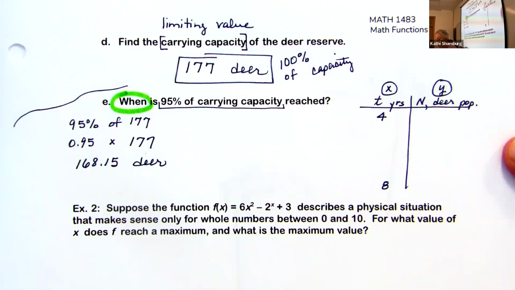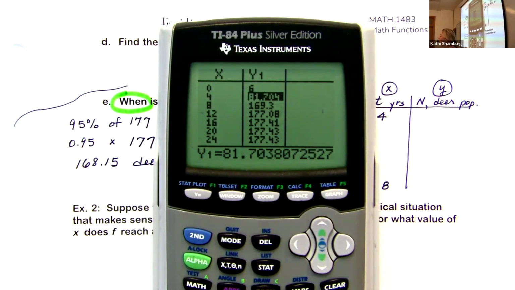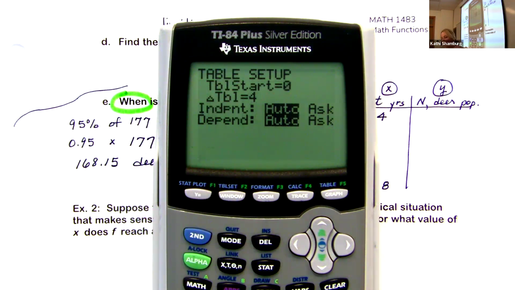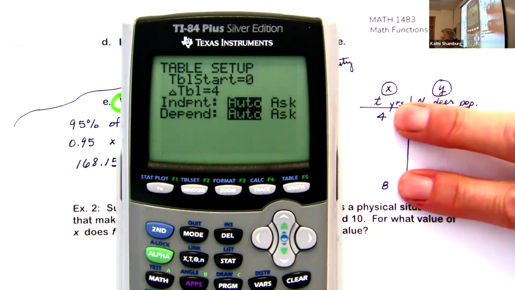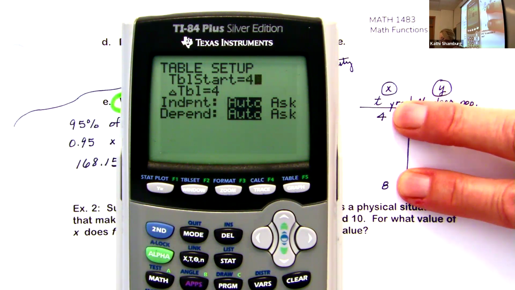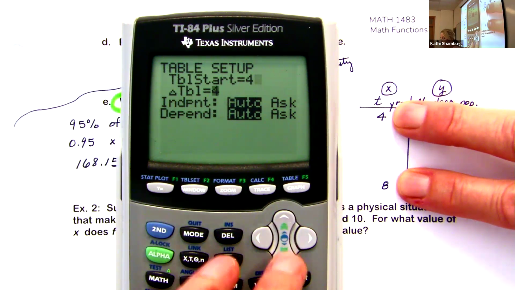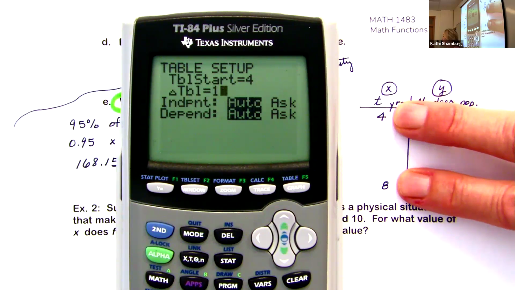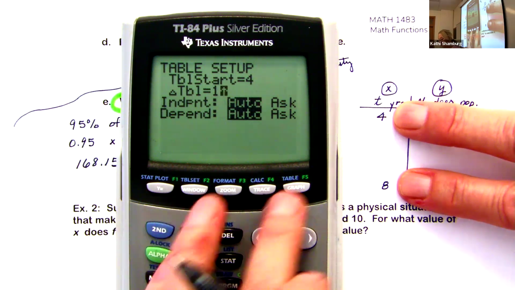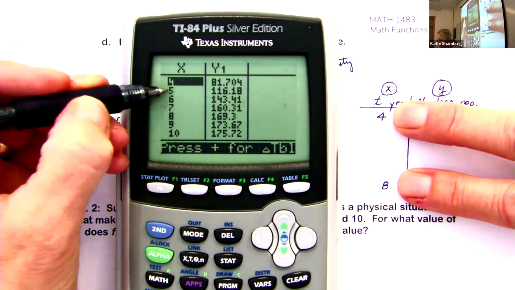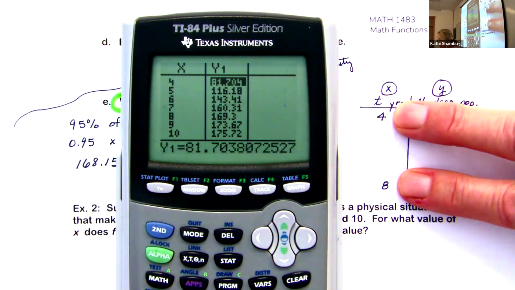Okay, so right now my table is set to start at 0, and the change in the table is every 4 years. But I want to hone that in. So I'm going to go back to table set, which is second table set. And I know that it's between 4 and 8. So I'm going to start at 4 and I'm going to let it go by ones. So I'd have year 4, 5, 6, 7, and 8. And now I can go back to my table. And here's year 4, 5, 6, 7, and 8, and I'm looking for